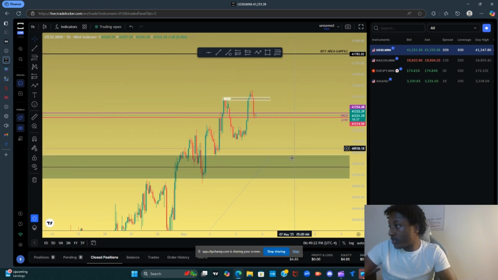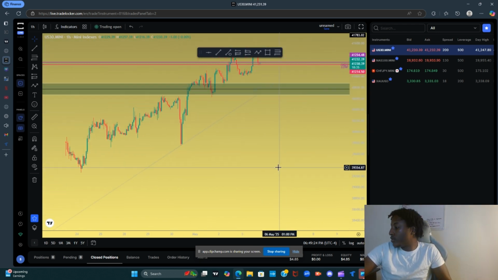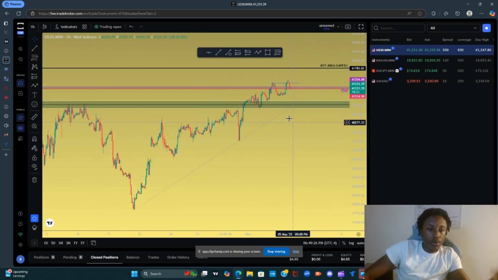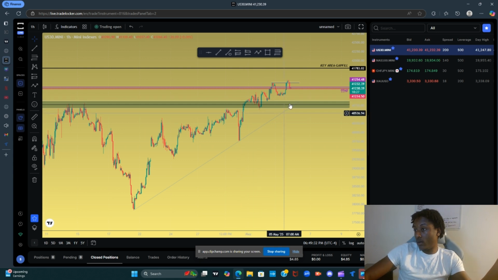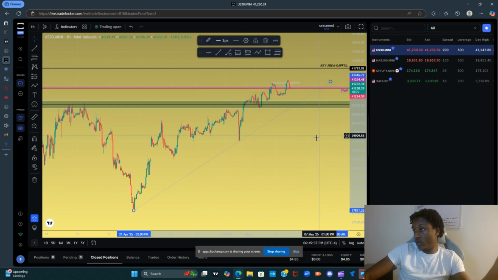Mark trend lines. We're gonna always mark our trend lines on our hour. It looks way better. As you can see, price is trendy to the upside. Price is trending to the upside. So let's pull this up,